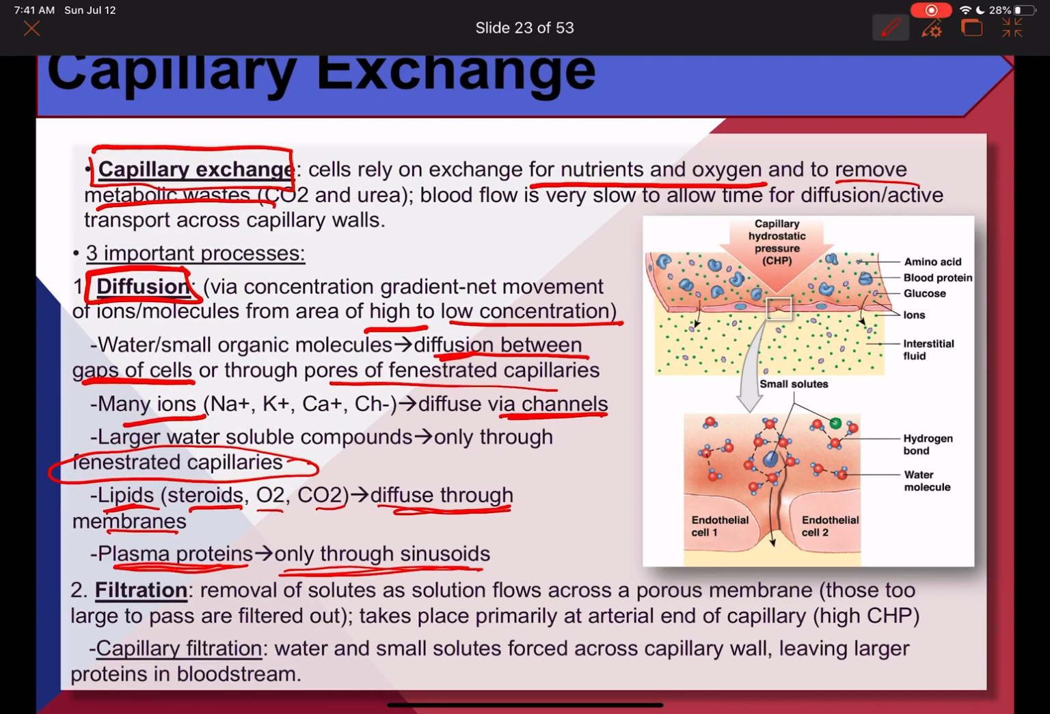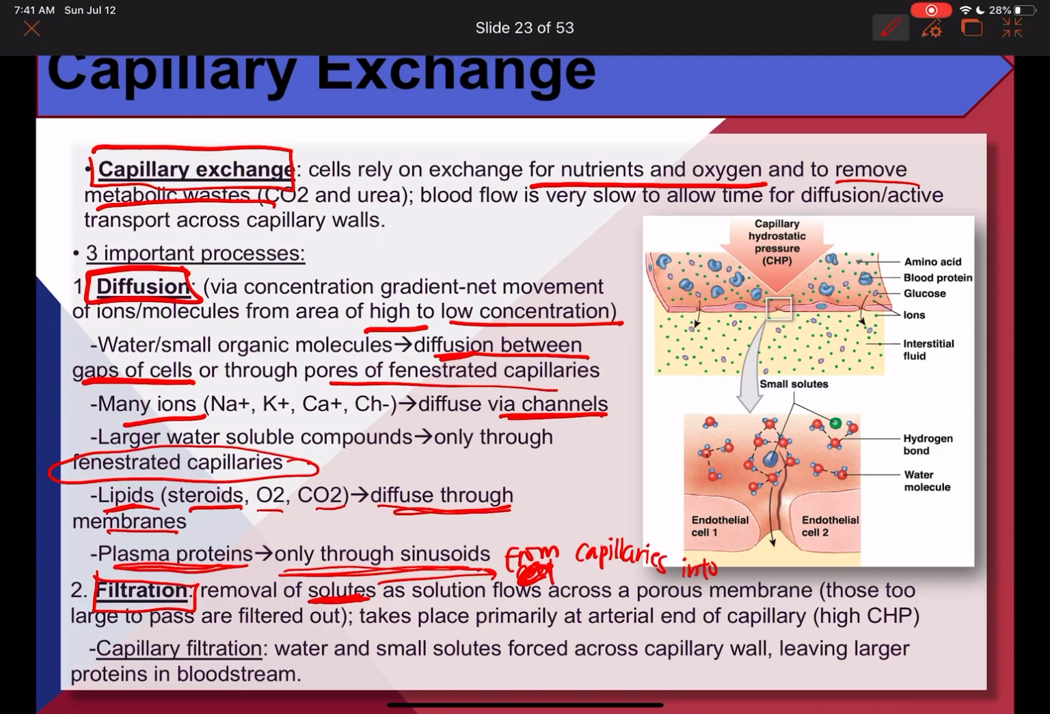Now, another type of process that happens is called filtration. Filtration is where solutes will move from the blood across the porous capillary membrane into nearby tissues and cells. So I'll write that down. We're talking about solutes crossing over from the capillary